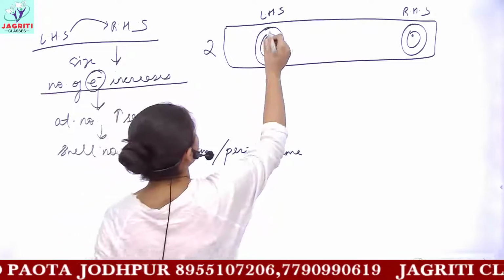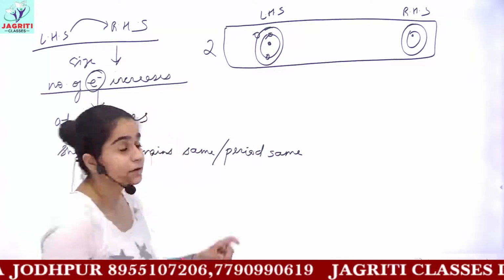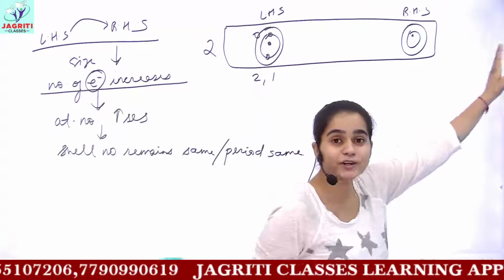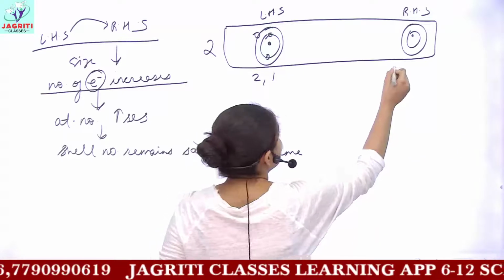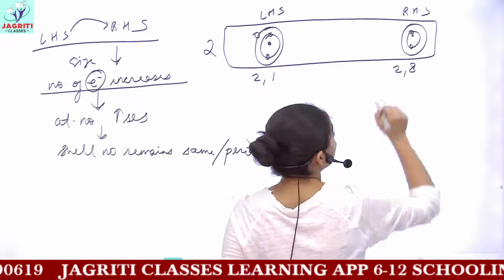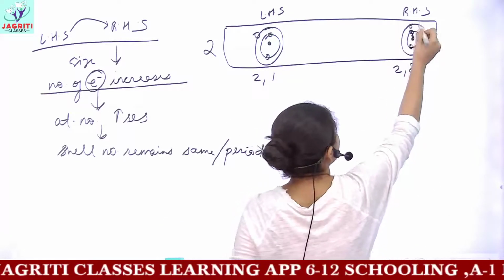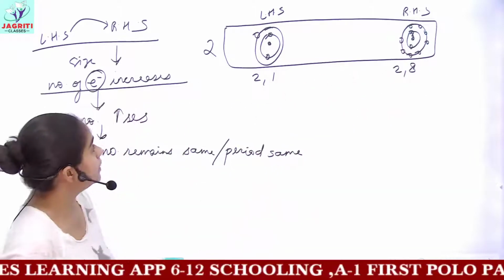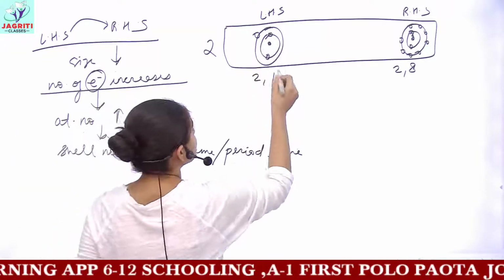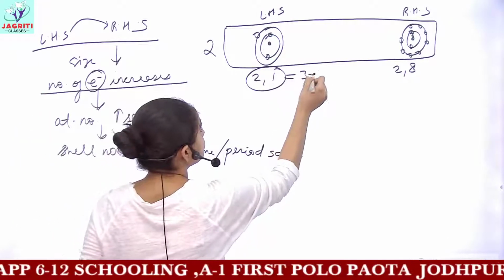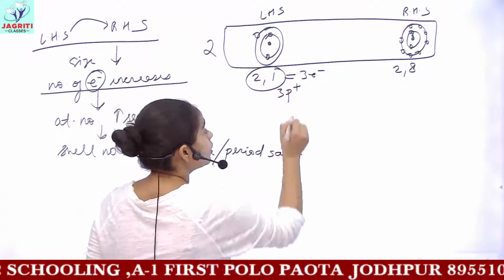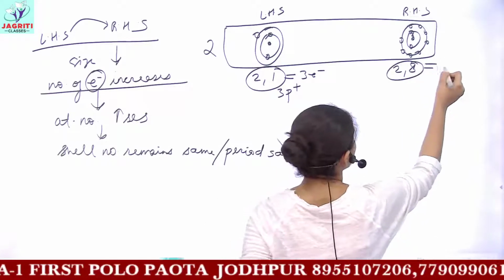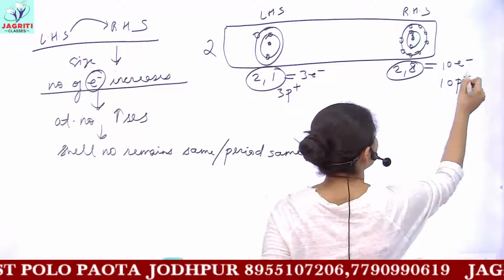So if you have 3 electrons here, 2 in the K shell and 1 in the L shell, and then I increase the atomic number, that is the number of electrons, that is, if I have 2 electrons in the K shell and the remaining 8 in my next outermost shell. So you see that the number of electrons present is 3, so the number of protons in the nucleus will also be 3. But here the number of electrons present is 10 and the number of protons is also 10.